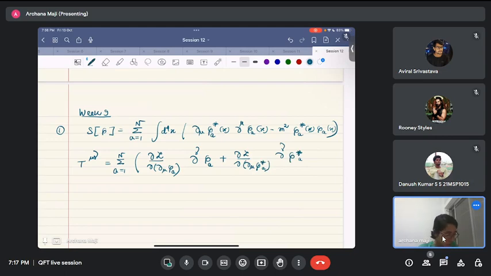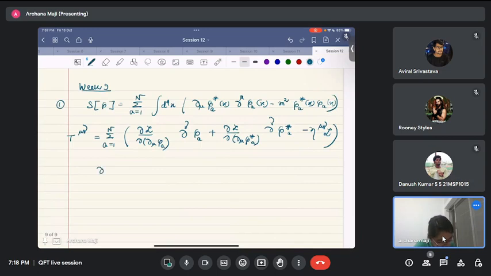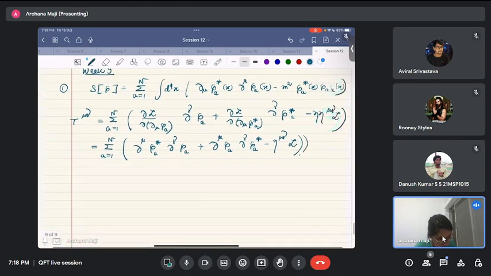Okay. Minus eta mu nu L. So we can evaluate, what will it be? This will be del mu phi A star, del mu phi A. When you take derivative with respect to this, you get, okay. So this is equal to